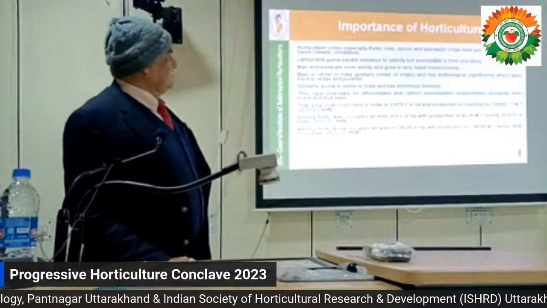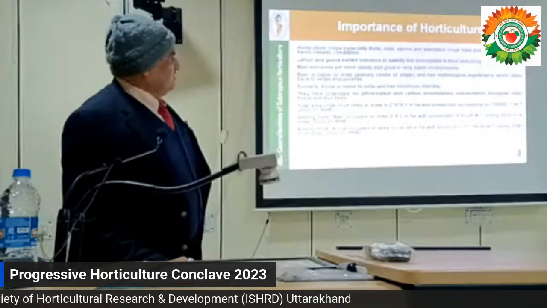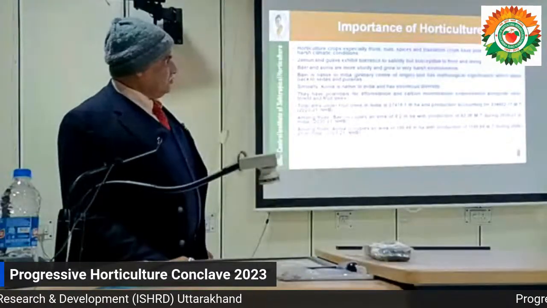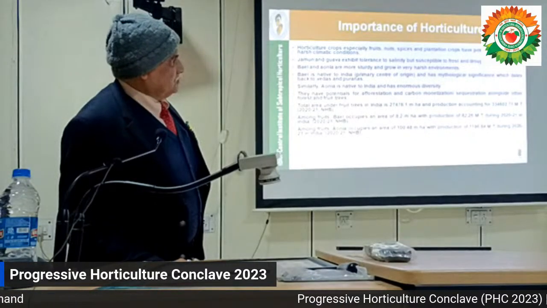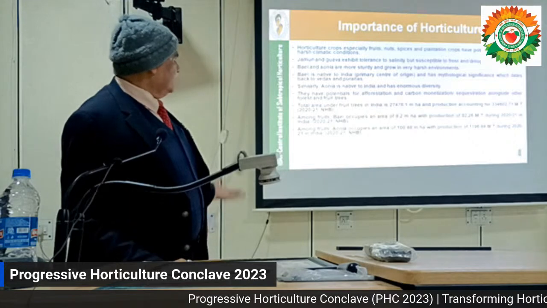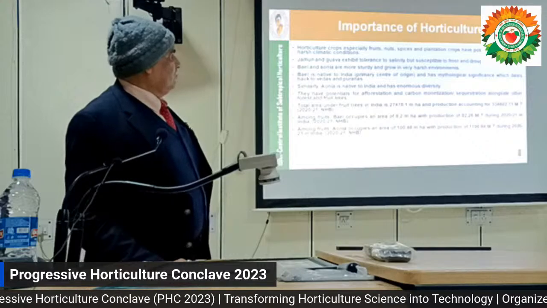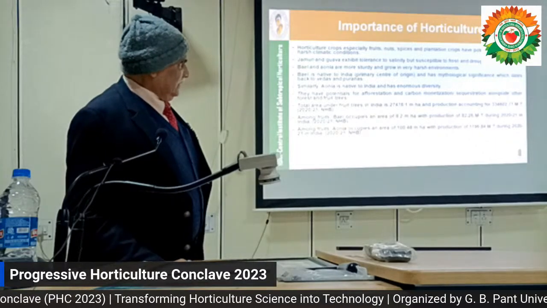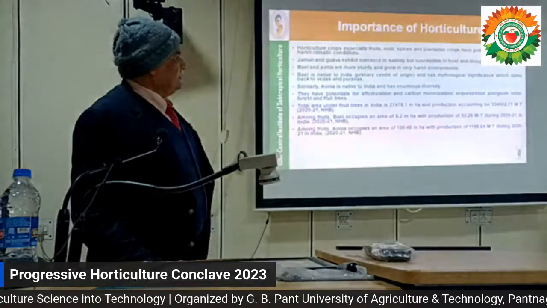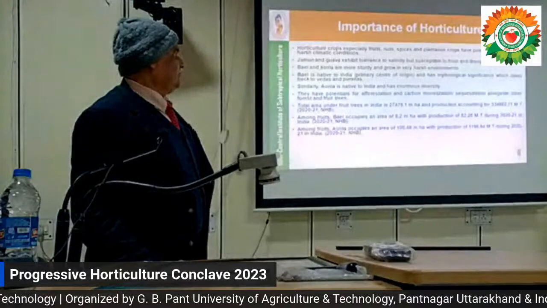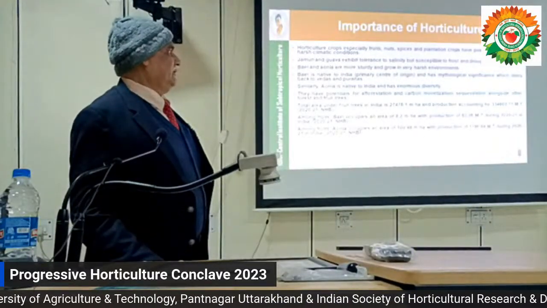The total area under fruit trees in India is around 27,476.1 million hectare, and total production is around 3,34,602 metric tons, according to NHB data 2021. Among these, bael occupies an area of about 1.2 million hectare with a production of 82.26 metric tons, and amla occupies an area of about 100.48 million hectare and production of 1196.84 million tons.